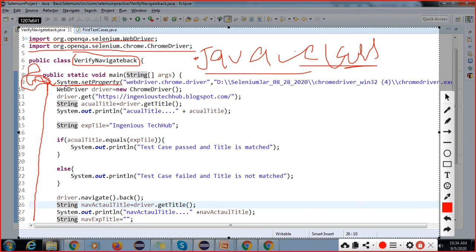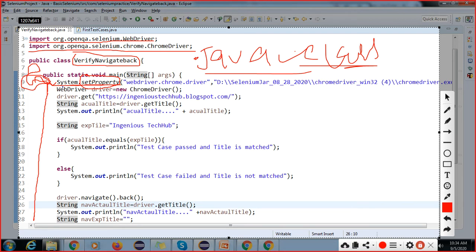So when you are writing System.setProperty, this is your inbuilt class. System and setProperty, which type of class is it? It is a static class. By using the System class, we are going to access this setProperty method. Got it, right? So setProperty is a method. If you don't know what a method is, then you have more doubts. So that's why I am telling you, learn Java properly and do more practice. Which type of method is this? This is a static method.